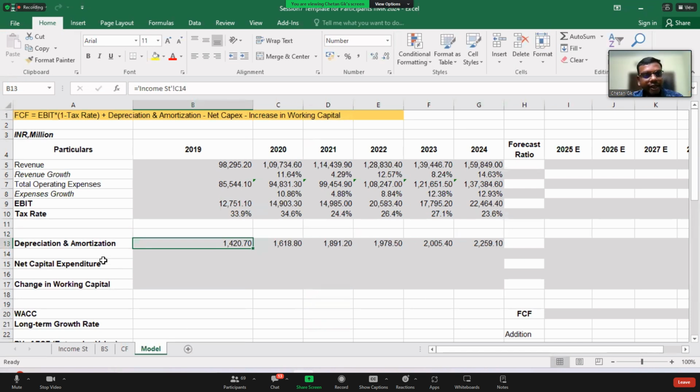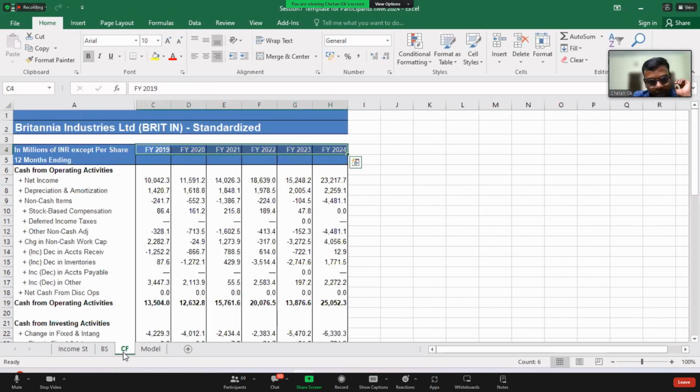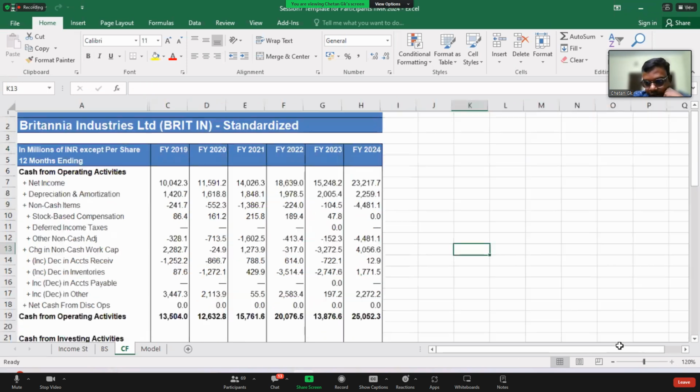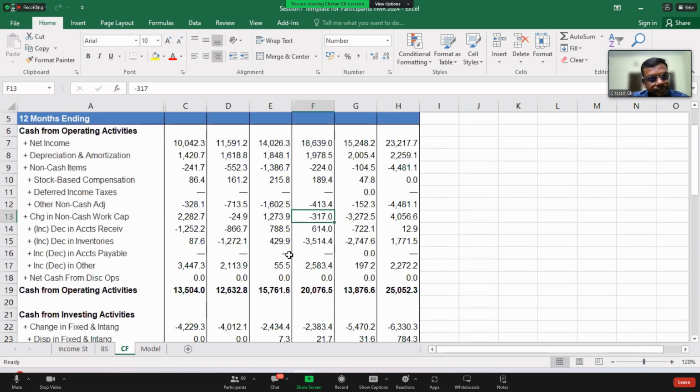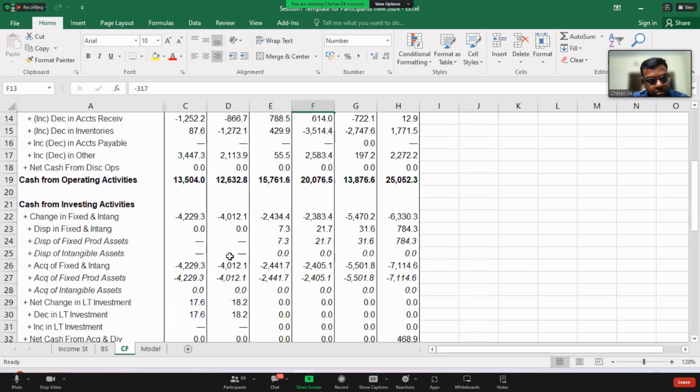Now I want net capital expenditure. You know that it is capital in nature. It will not be available in the income statement. It is available in the balance sheet and the cash flow statement. The easier way is going by the cash flow statement. Go to the cash flow statement and search, where is capital expenditure? You can see this change in the fixed and intangible assets.